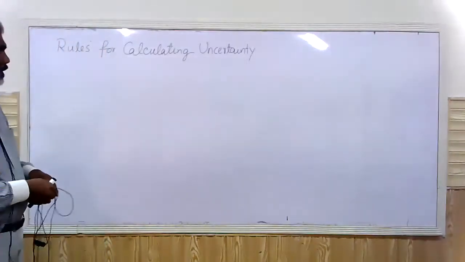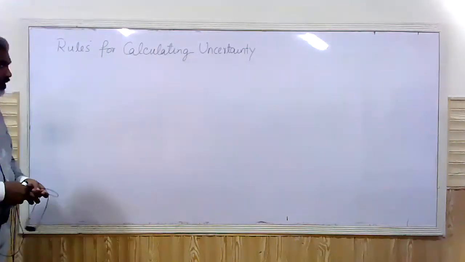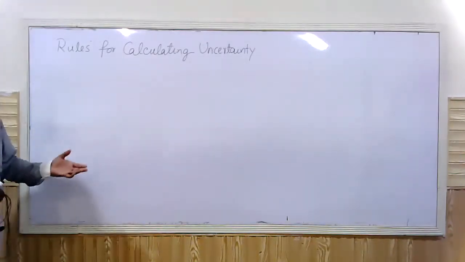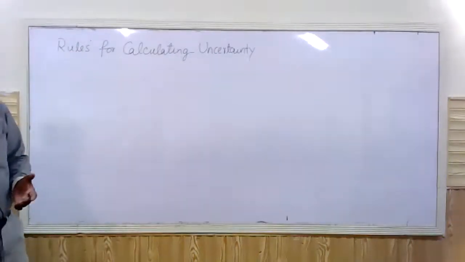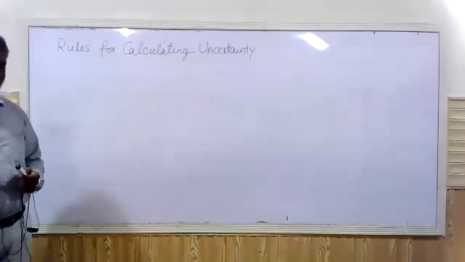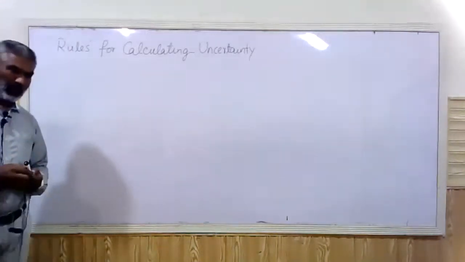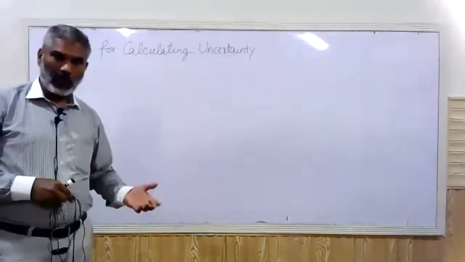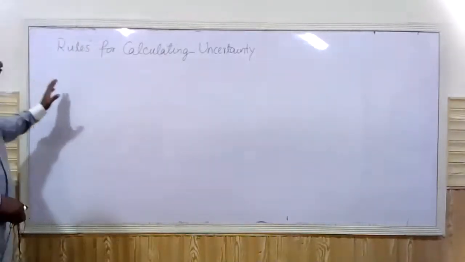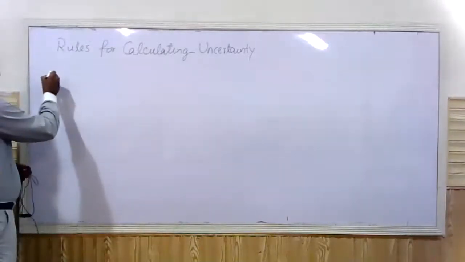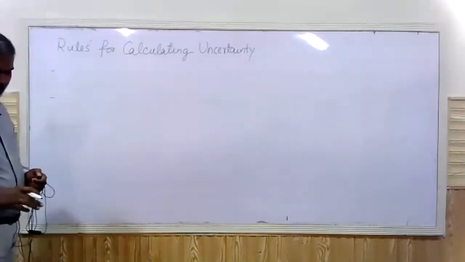Students, we are resuming our discussion of uncertainty, chapter 2. There are certain rules for calculating uncertainty in the final answer if we have made several measurements and then use those measurements to calculate a quantity which is a product of certain other quantities, and there is a certain formula given for it. So we need to learn those rules before we attempt a few questions. Rule number 1 and 2 are already discussed with you.